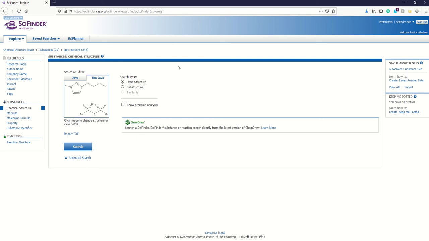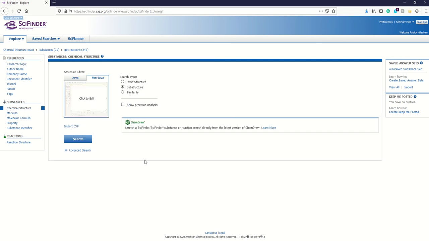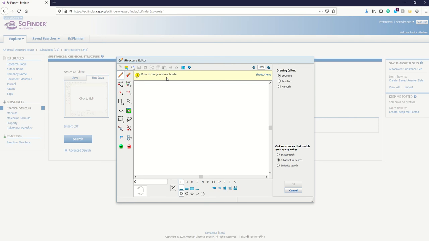So go ahead and log in. You'll get to your main screen that looks like this. And then on the side here, remember these are all the different components, so go ahead and click on chemical structure, and you should start to see this pop up here. And then if we click here, it's going to bring us to another screen where we can draw the structure in that we want to